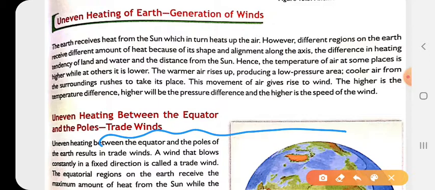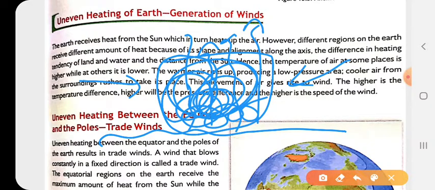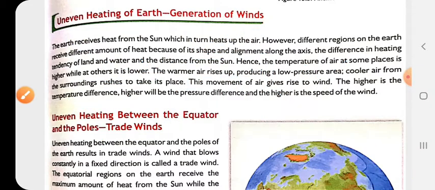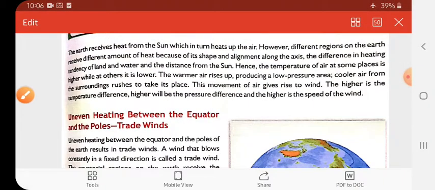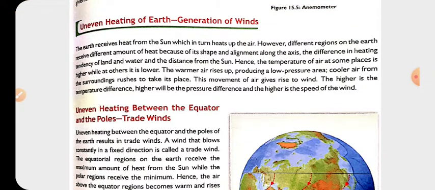Let us take this as a land, and here the air starts rising up due to the rise in temperature. So this area becomes a low pressure region, right? This low pressure region is filled by the high pressure air from the surroundings, which causes the wind to blow from the high pressure region to the low pressure region. So this is how the winds are generated. Whenever hot, warmer air rises up, it creates a low pressure region behind it, which causes the winds from high pressure regions to blow towards the low pressure region.